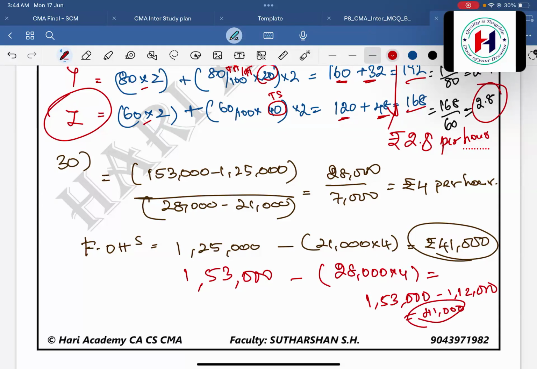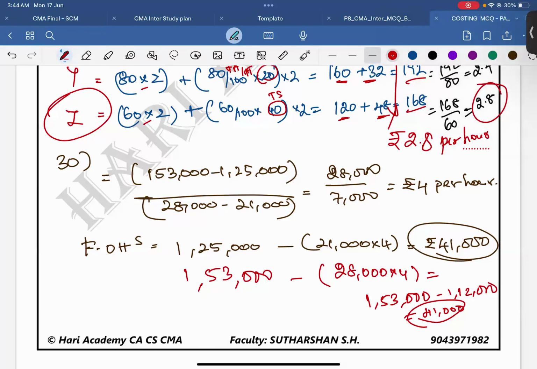With this, our double hundred series comes to an end for cost accounting. I hope you have enjoyed. Here and there, if some miscommunication or some clarification is needed, we have provided as far as our best. We have given our best efforts to make you comfortable to secure at least 24 marks in your examination so that you may get passed, your group may get cleared, you may get an exemption. It may be helpful for your group 2 preparation. It may be helpful for your CMA final preparation. Everything we have done.